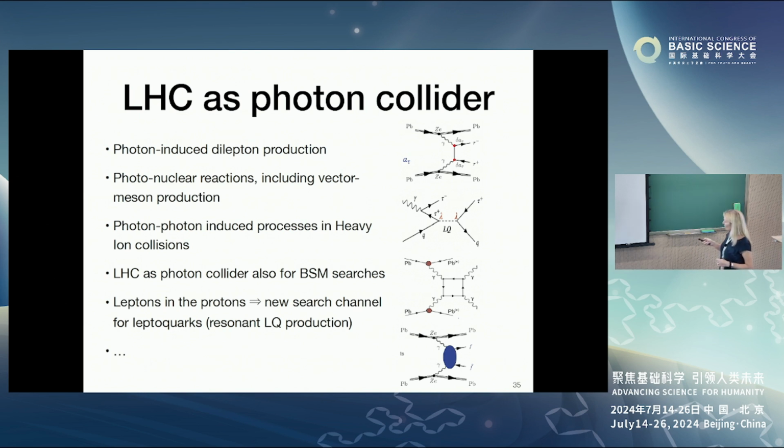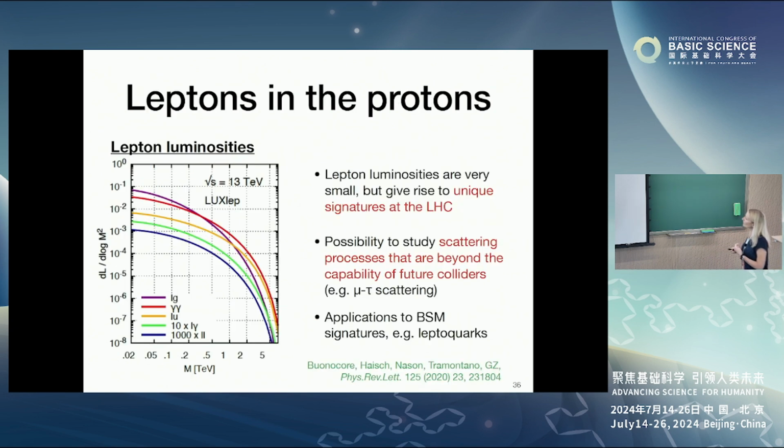So I will maybe not go into these details, but what I would like to talk about very briefly are also leptons in the proton. As I mentioned, once you have a photon, the photon can split and give rise to leptons. Of course, the photon PDF, I already told you, is already rather small, 0.5% only. And with the splitting, you also pay a price in the coupling.